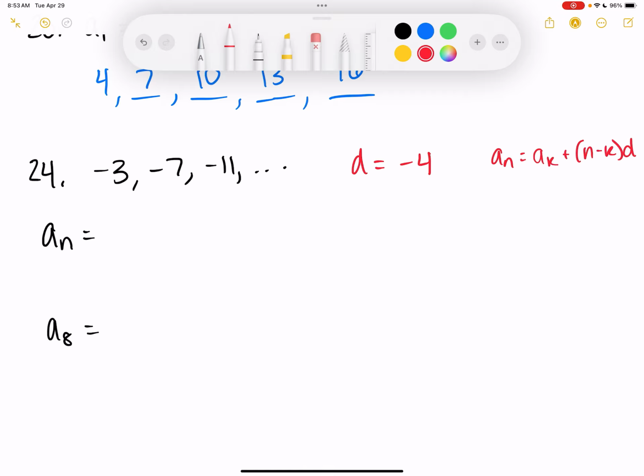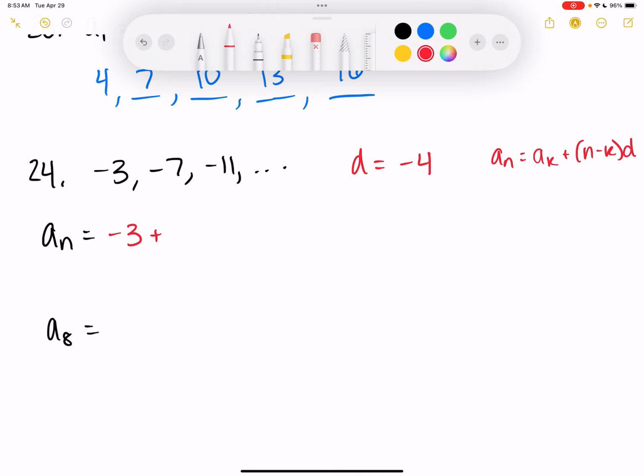Just so we have it handy and I don't have to keep scrolling back. So a sub k can be whatever term we want that to be. If I want it to be the first term, then I can put that as the first term. I can use whatever term, but I just have to remember which term I'm using. I'm going to start with -3. So this is going to be -3